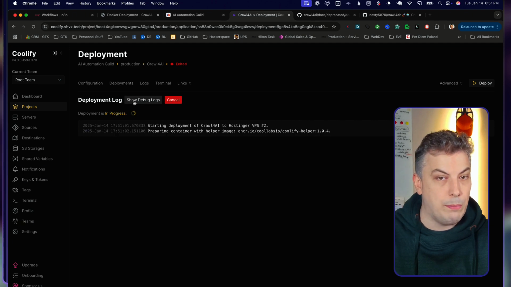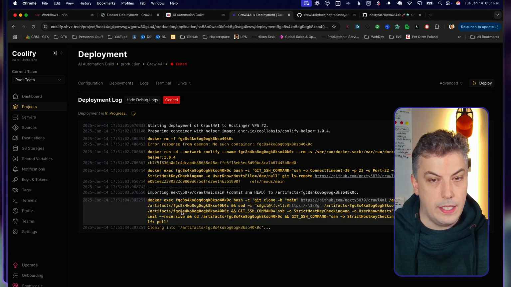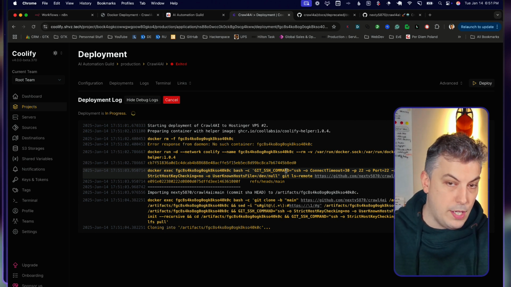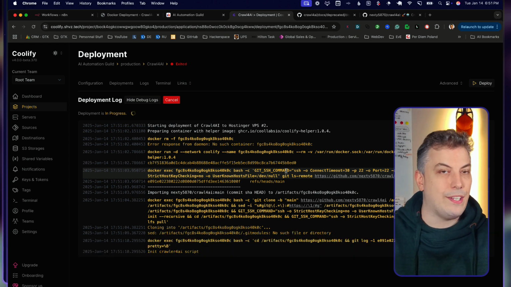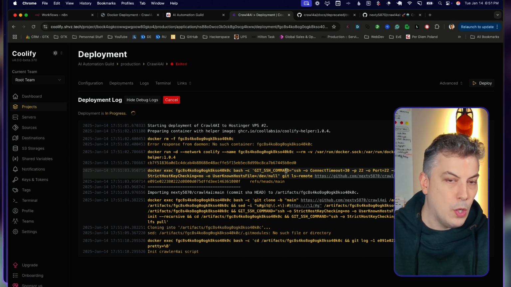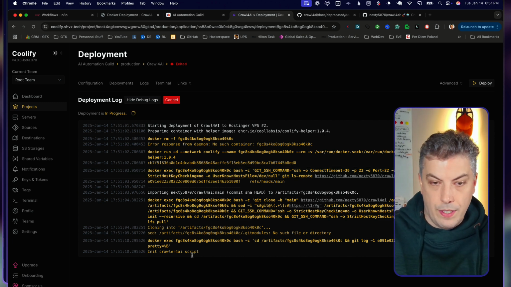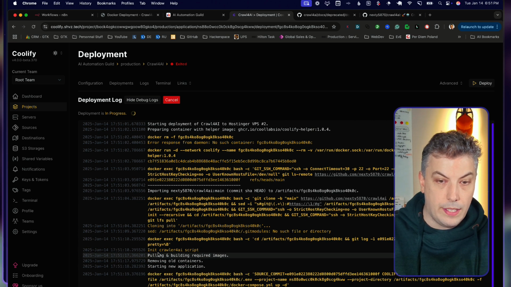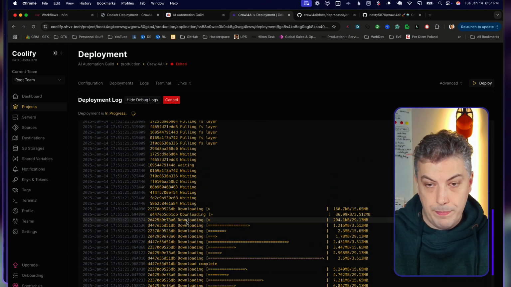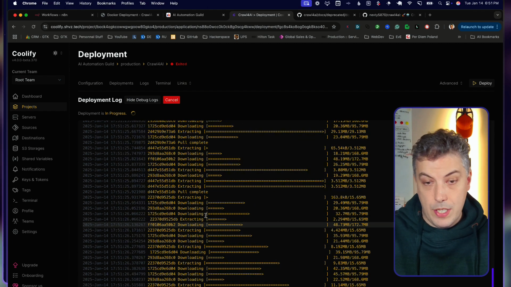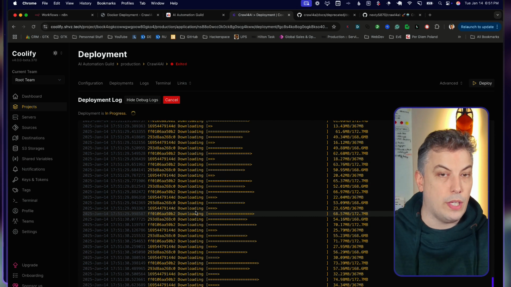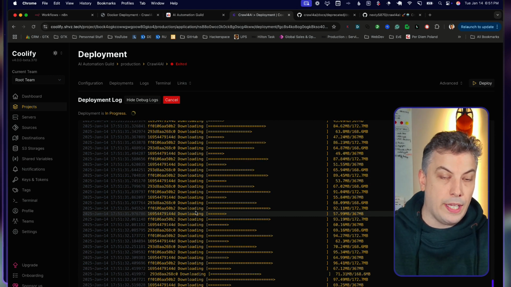I'm going to show debug log as well. This is going to now download the entire Crawl4AI Docker image available in the hub. When we say the hub, it's the Docker Hub, a website where all the Docker images are being hosted. And if you see here, it's pulling my latest and greatest commit, which is init Crawl4AI script, downloading the image, as I've been saying, and in a couple of seconds, we should actually have a working